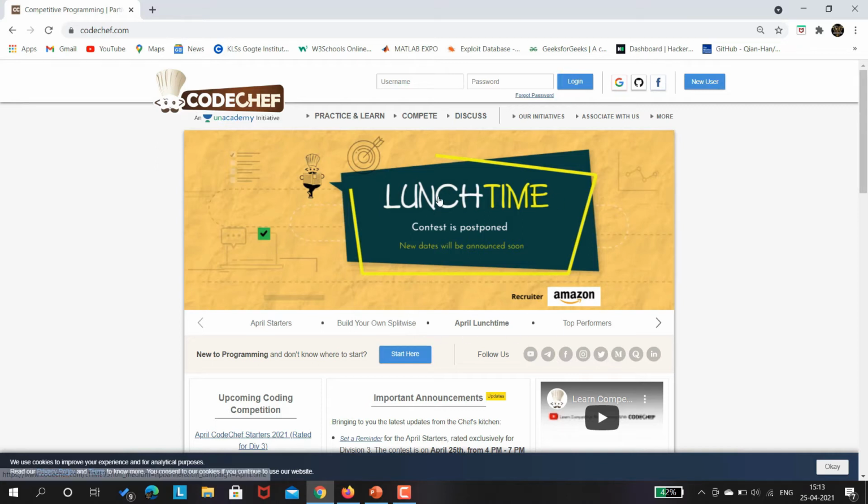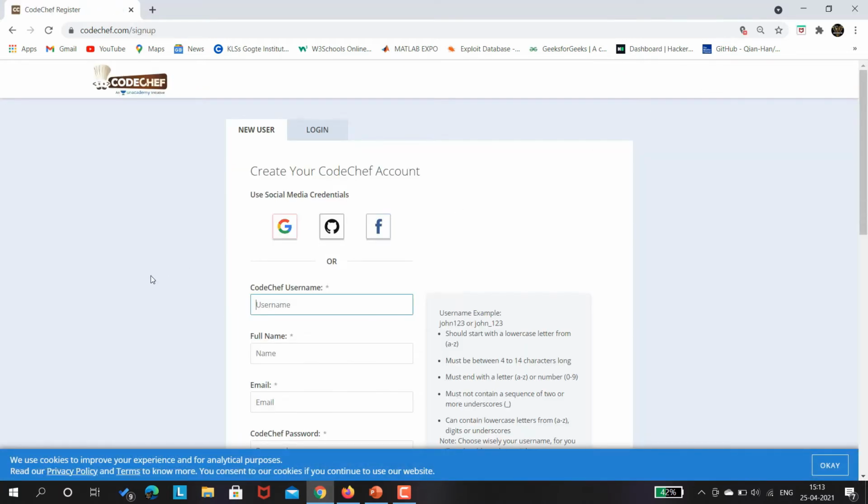So once you reach on this website, all you have to do is click on this new user button, wherein you will be directed to this page. Here you need to enter your CodeChef username, and please note that there are some restrictions in entering this username, and those are that it should start with a lowercase letter.